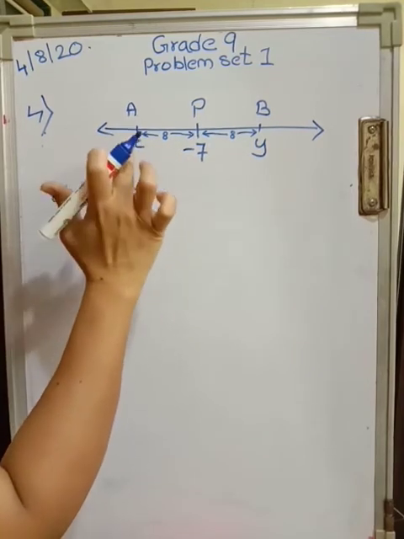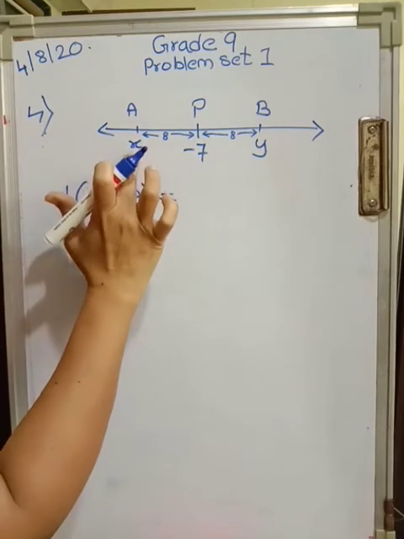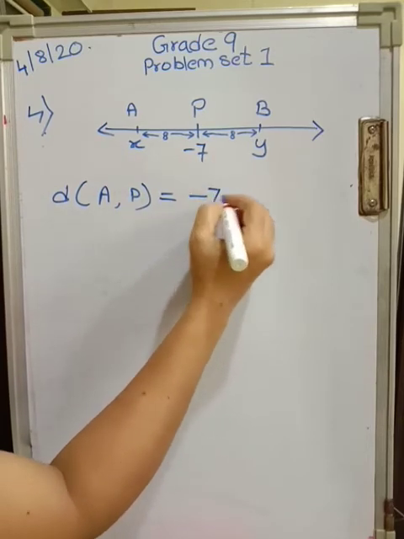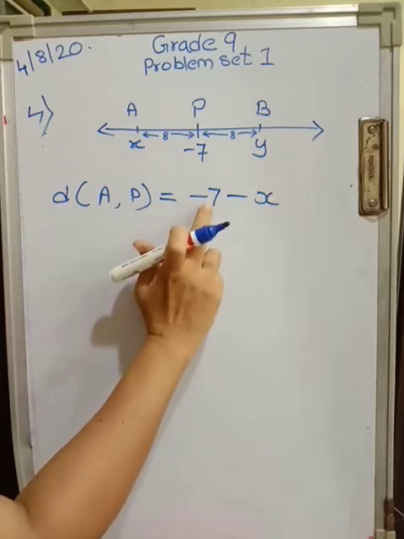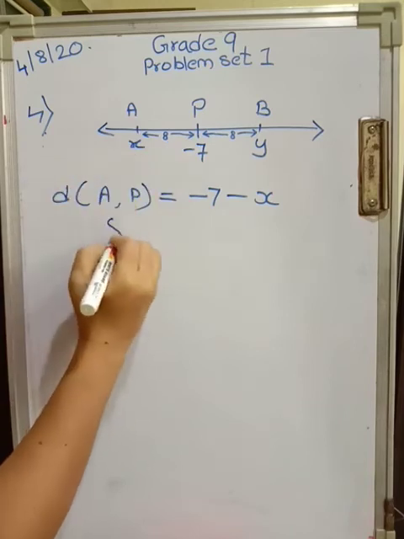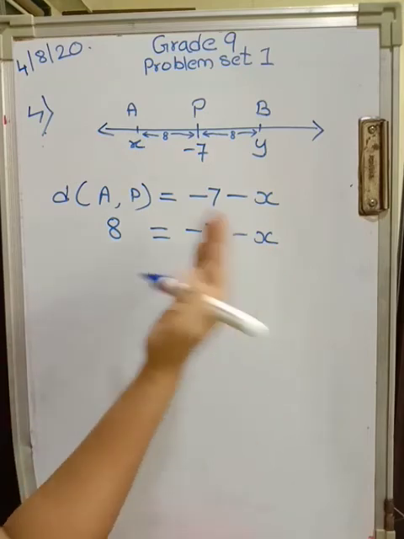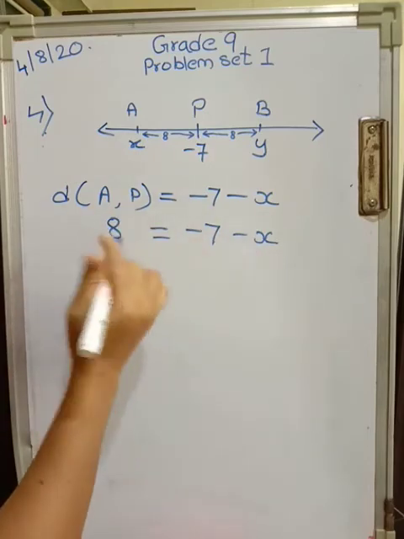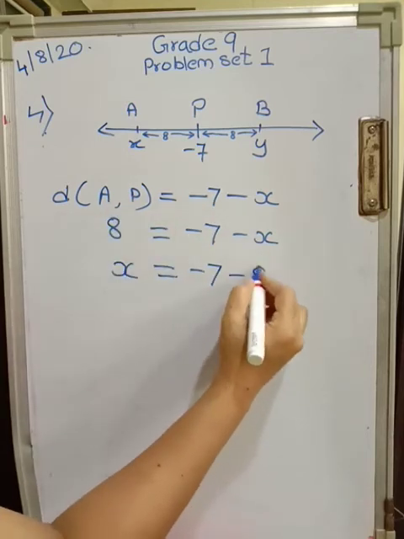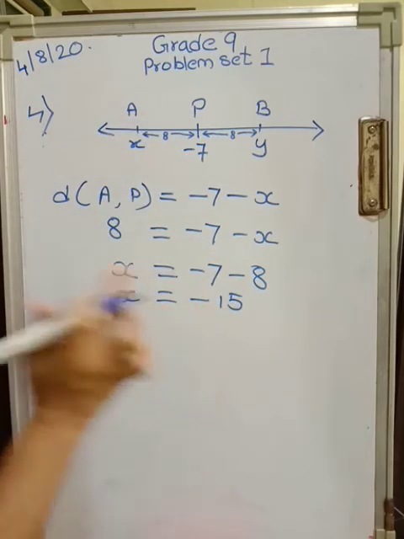Now in this case, X is lying towards left hand side of 7, and therefore X is smaller and 7 is greater. So it can be 7 minus X, greater coordinate minus smaller coordinate. But what is distance AP? Distance AP is given as 8 units. So 8 is equal to 7 minus X. Alright. Now I am shifting X over here and 8 over there. Minus X, if it is taken over here, it becomes plus X. 7 minus 8 is minus 1. So what is the coordinate of A? It can be minus 1. This will be your first coordinate.